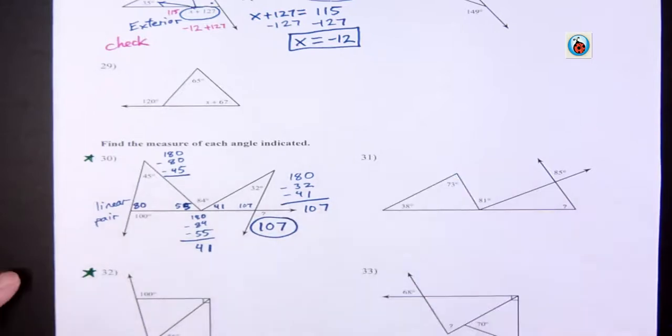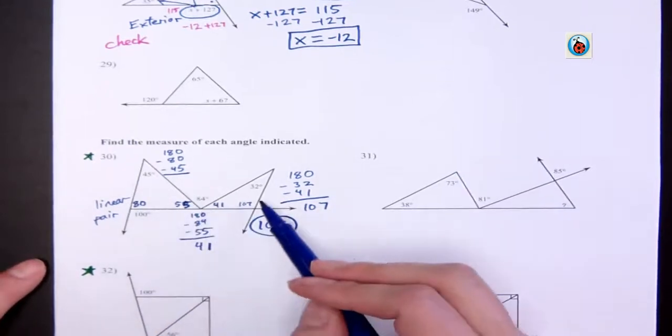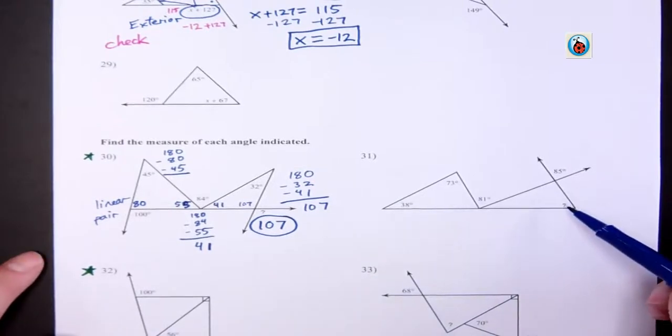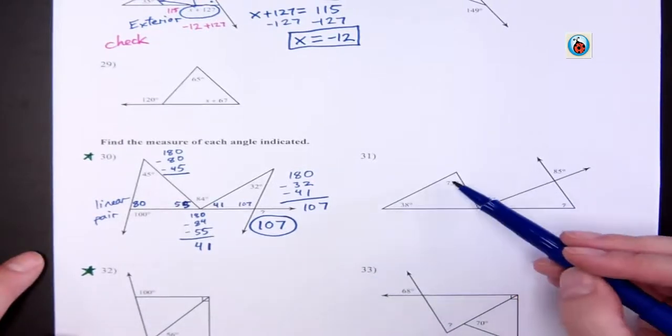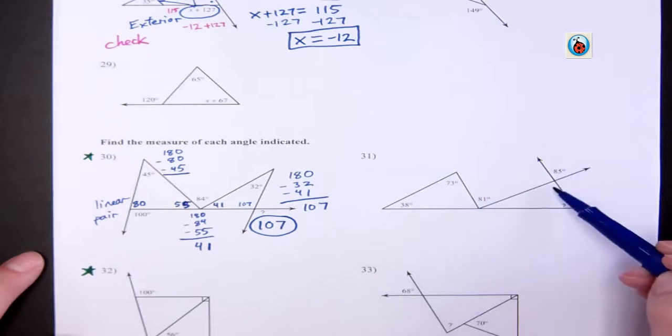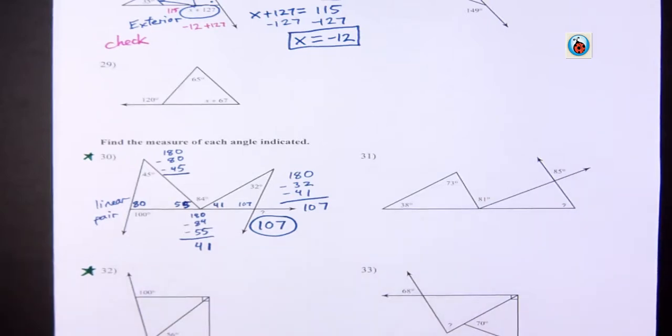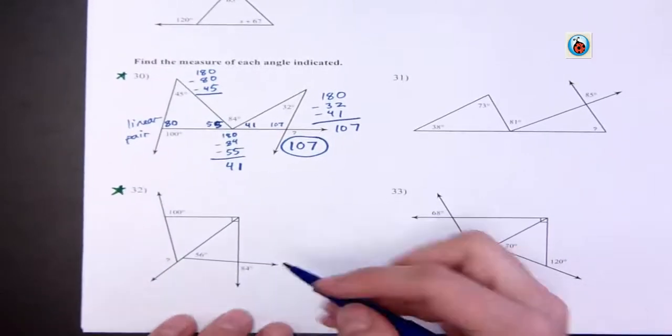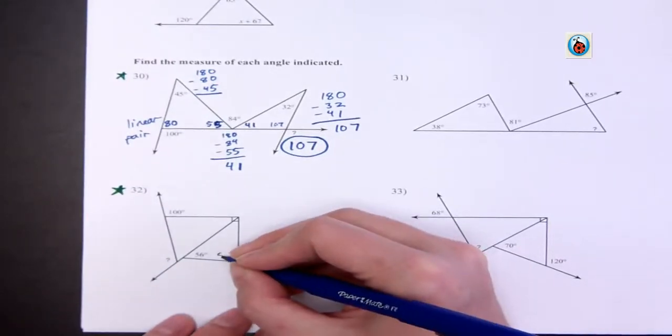So it's like a puzzle. You just find every angle you can until you eventually get the one you want. So this one's very similar to that. You're going to work that on your own, starting with here, find this one, vertical angle, and find your missing angle. Number 32 looks just a little bit different, and so I'm going to start again with my vertical angle,